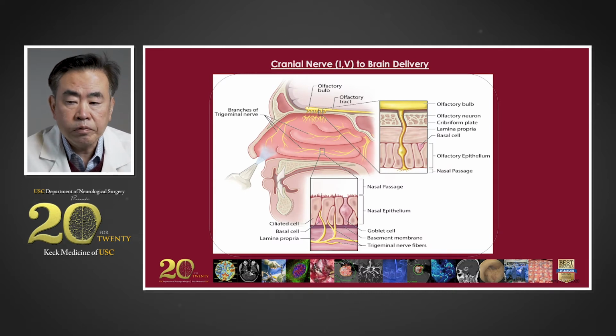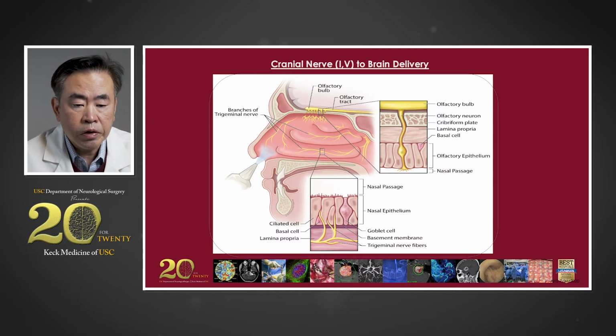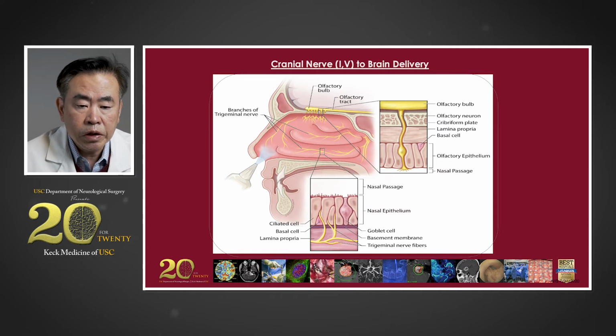What is intranasal delivery? Well, intranasal delivery is something I think that you're all familiar with, and basically is delivery along the cranial nerves. And the cranial nerves that we are talking about are the first and fifth cranial nerves. What we're trying to do with cranial nerve delivery is bypass the blood-brain barrier. As you know, many drugs are resistant to getting across the blood-brain barrier because that's one of our forms of protection. With nasal brain delivery, we're inhaling a drug and allowing it to go through